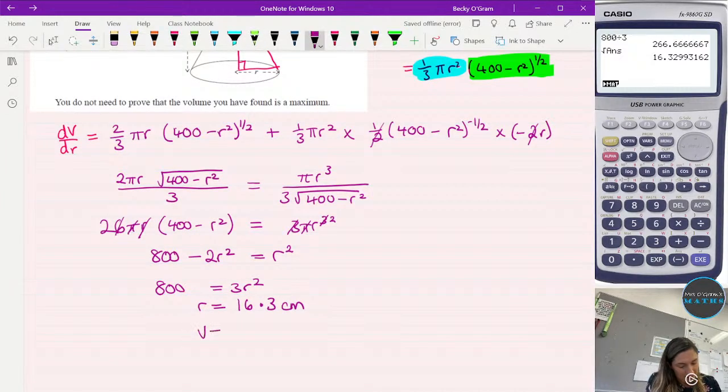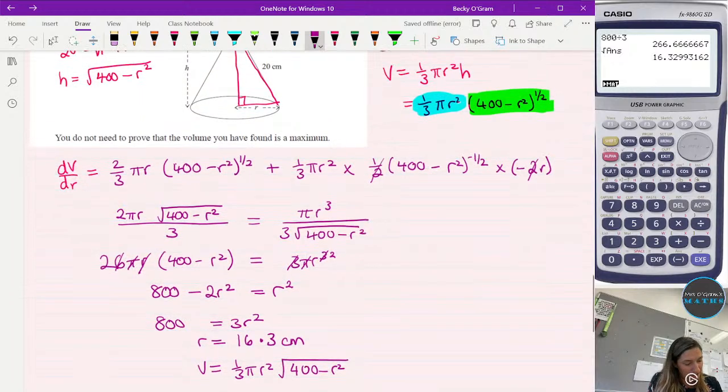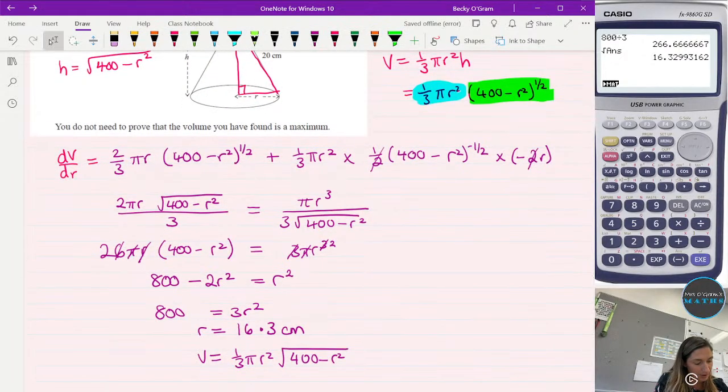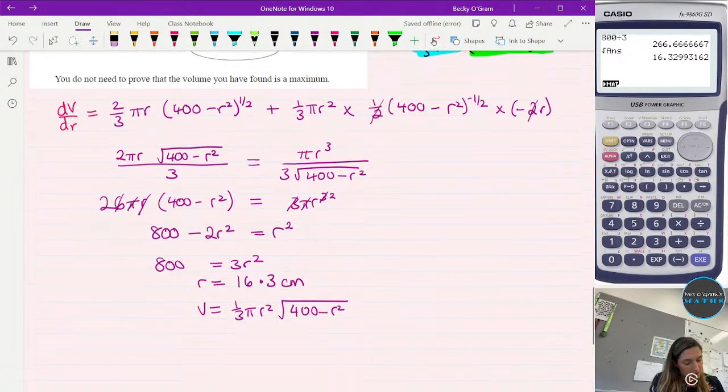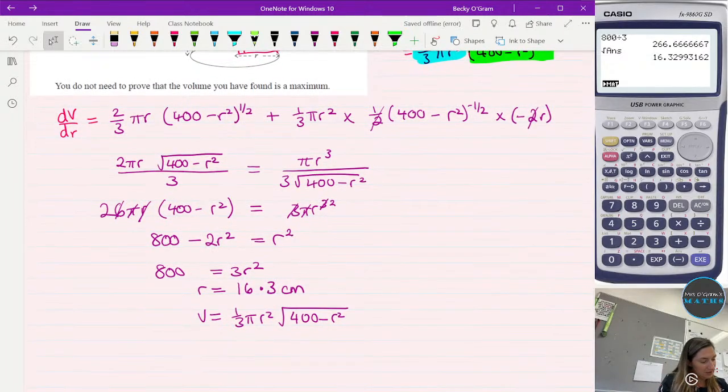And so then volume is 1/3 pi r squared times the square root of 400 minus r squared. We had that from this bit just up here, where we worked out the volume formula earlier. So then if I put 16.3 into that for the value of r, so we square that,